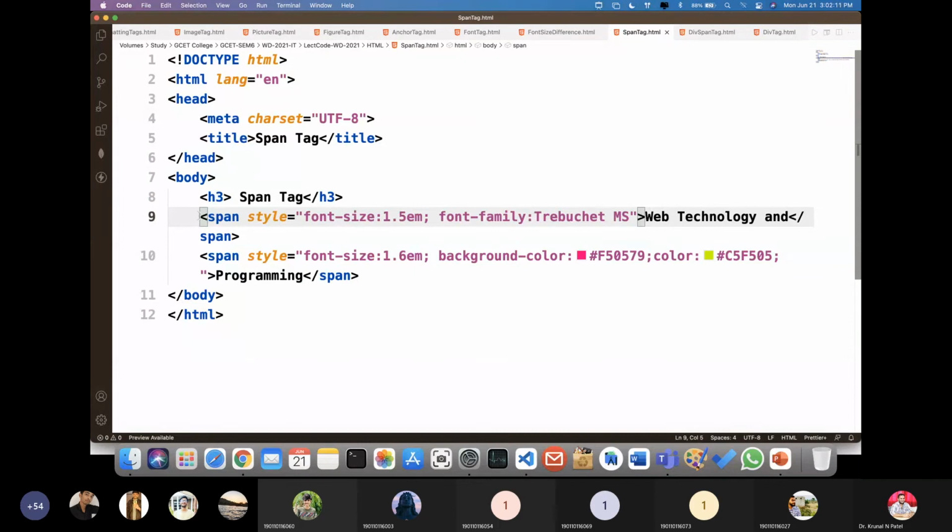Then I have two span tags. So one span, and here is the second span. After that, I am providing a different style to some words, so web technology and programming. So for web technology, I have provided this style.